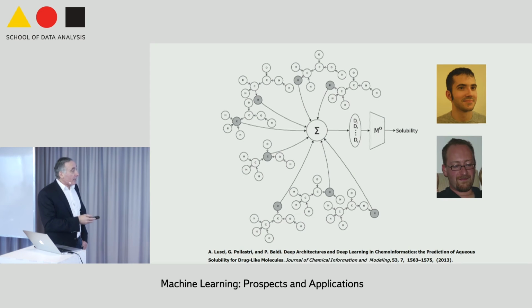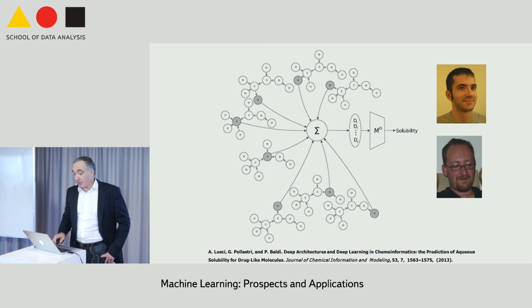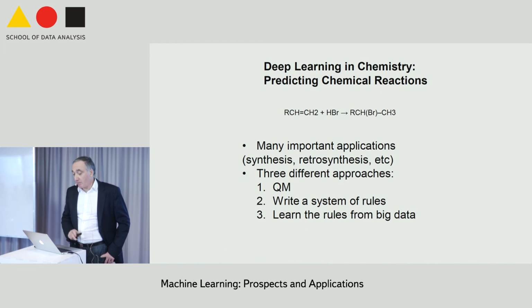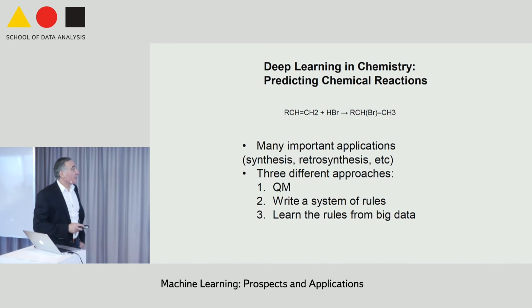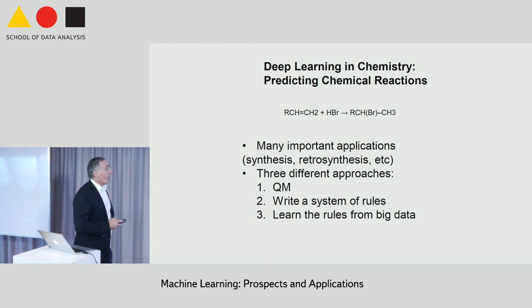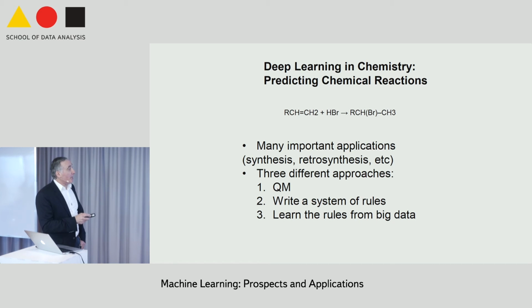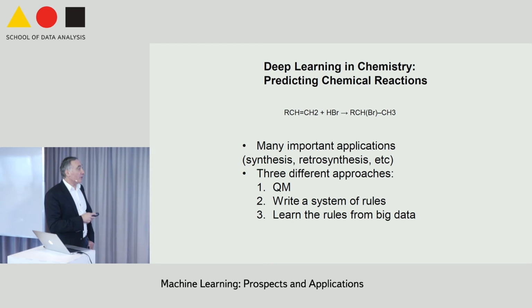So again, the techniques are in place. The main problem there is getting the data sets. That's the challenge in chemistry. And in some areas, you will find data for training systems. Now let me switch to the problem of predicting chemical reactions, which is even more interesting in my opinion. Chemical reactions, as you know, are written like this, again, strings in symbolic representations.